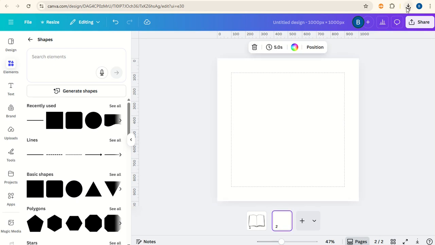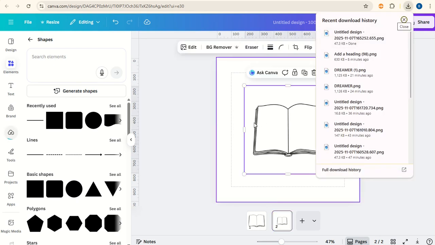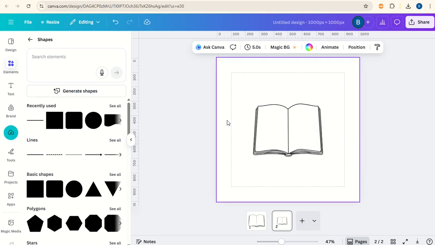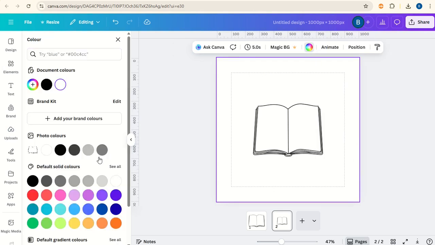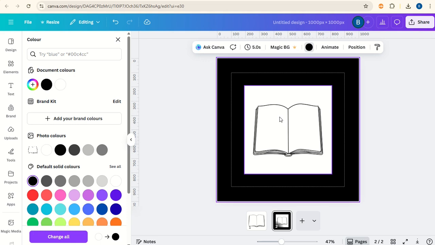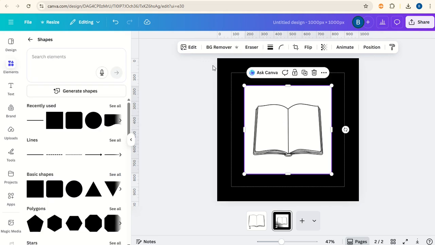Now we'll add a new page and we'll bring that picture in by uploading it. Now click on the background again and just change it to black so that you know that this next bit works okay. Click on the image, go to edit,